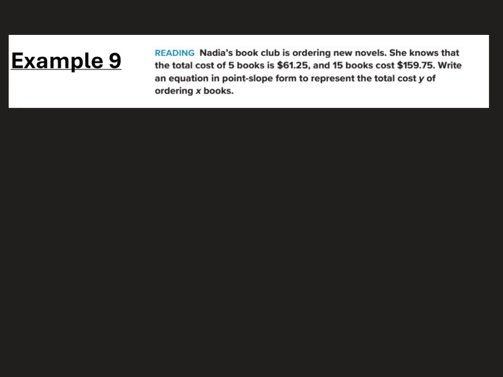We're going to write an equation in point slope form to represent the total cost y of ordering x books. We're going to write those two pieces of information as ordered pairs. X stands for books, so 5 books. Y stands for total cost, $61.25. X stands for total books, so 15 books. And Y stands for total cost,